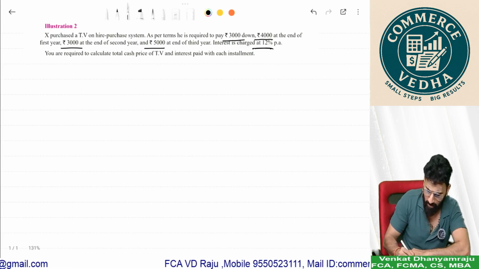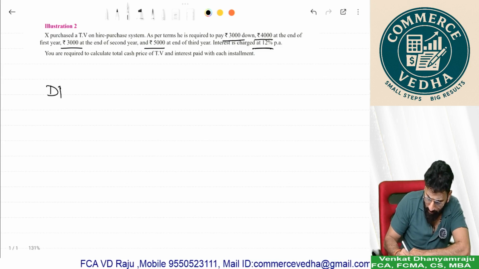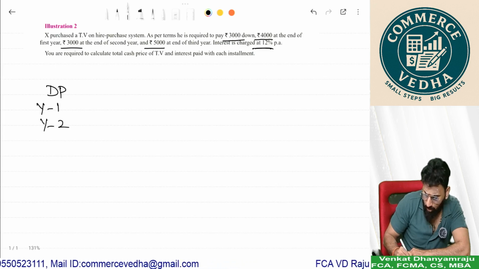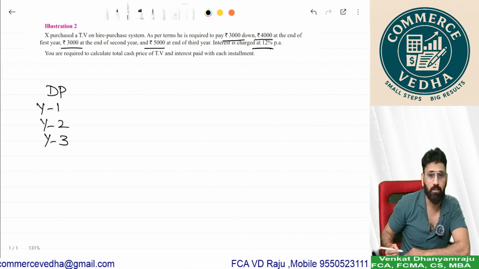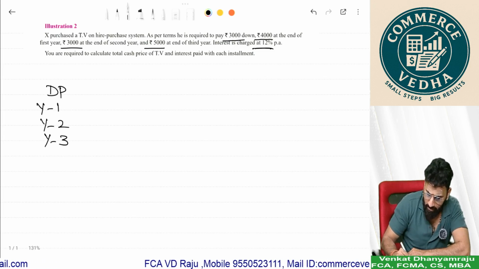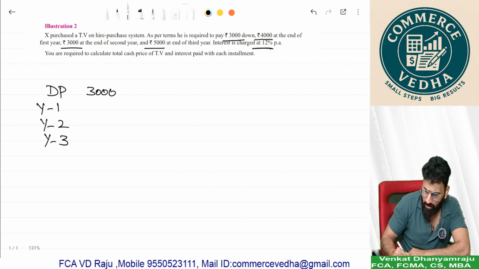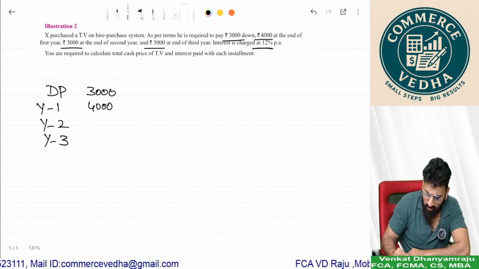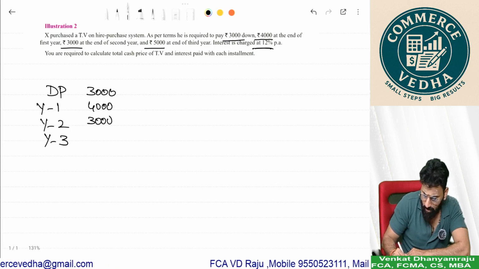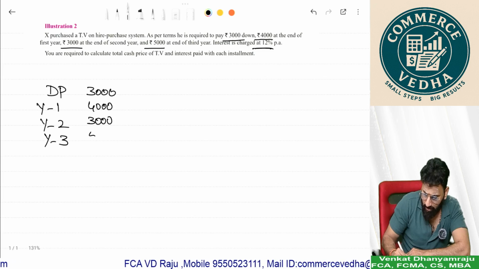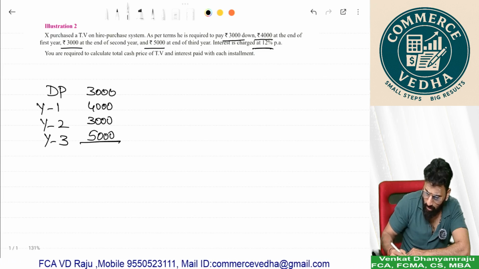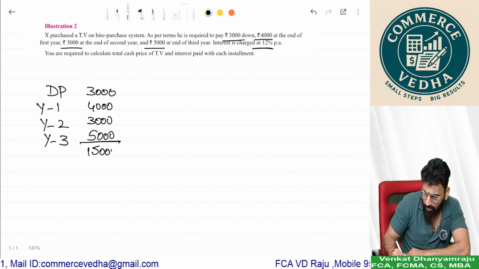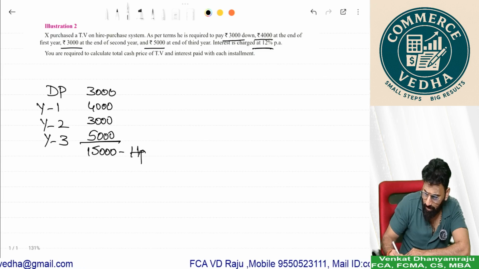What is given here is the down payment, year 1 installment, year 2 installment, and year 3 installment. Down payment is 3,000. Year 1 installment is 4,000. Year 2 installment is 3,000. And year 3 installment is 5,000. Total is 5 plus 3 plus 7, 8 plus 7, 15,000, which is nothing but hire purchase price, because the